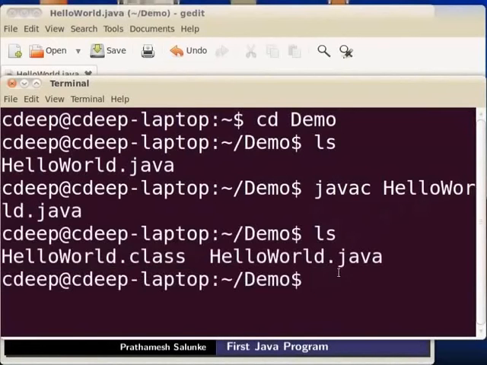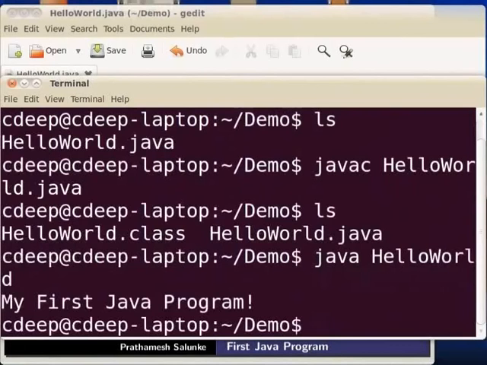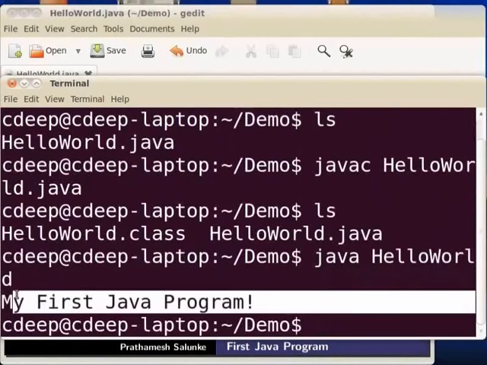So after successful compilation, run the program using the command java, this time no c, space HelloWorld and no .java extension. Hit enter. You will get the output, My first Java program. So we have written our first Java program.